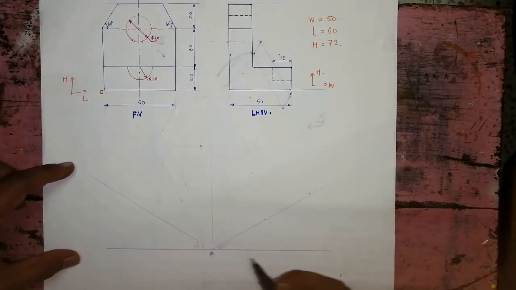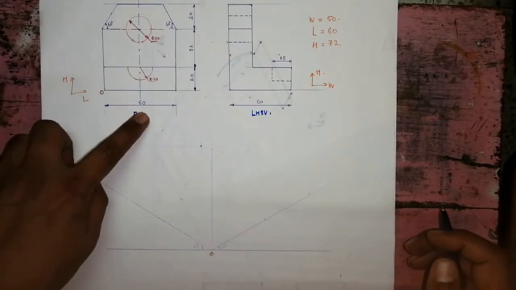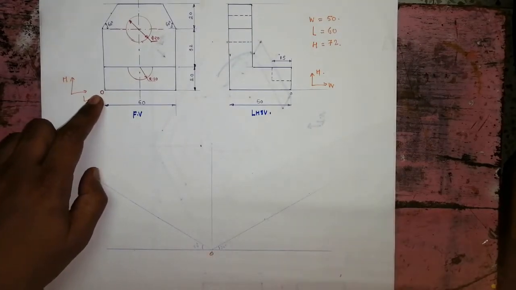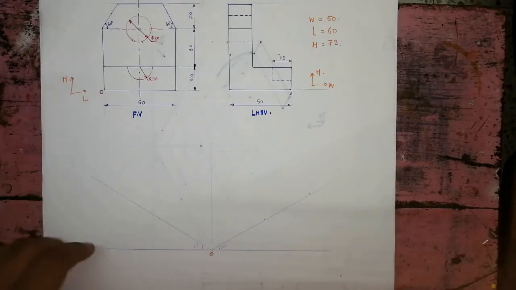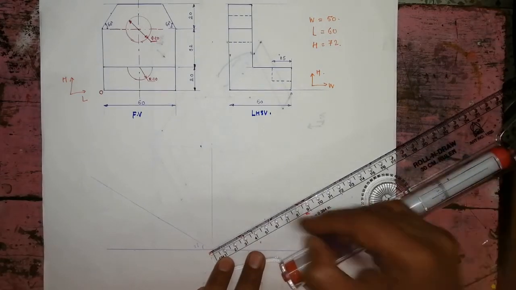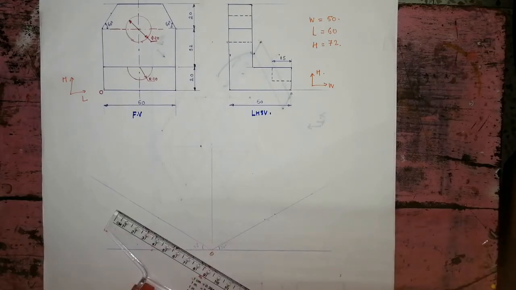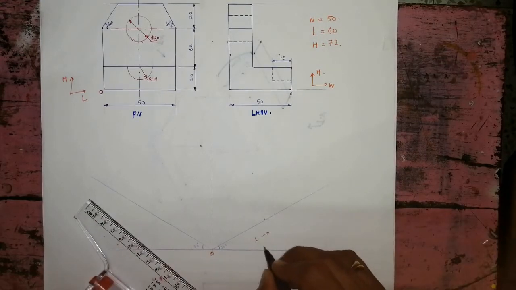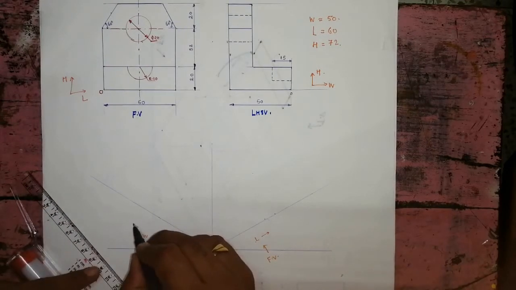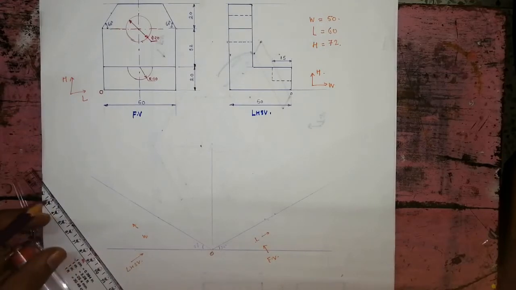This is our origin. Now the height will come on the vertical axis, so where to take the length? So in front view origin is here, length is measured in right direction, so here we have to take the length. Okay, so length is equal to, here it is 60, so this is 60. Okay, length. So we are taking length in this direction, so this is our front view. Okay, we are taking here, this is width, so this is our left hand side view.